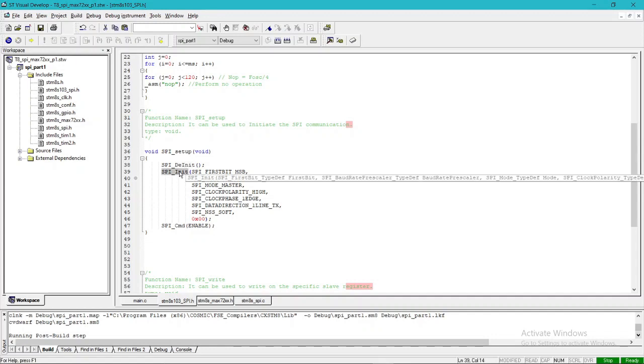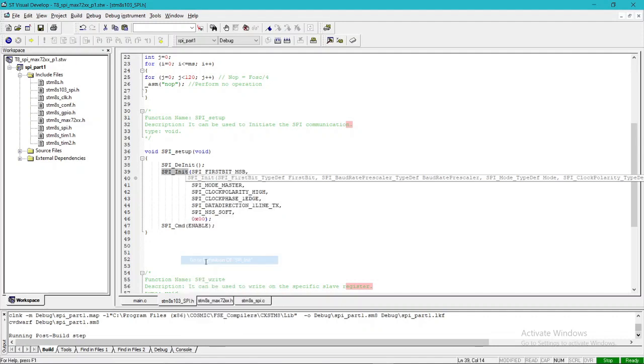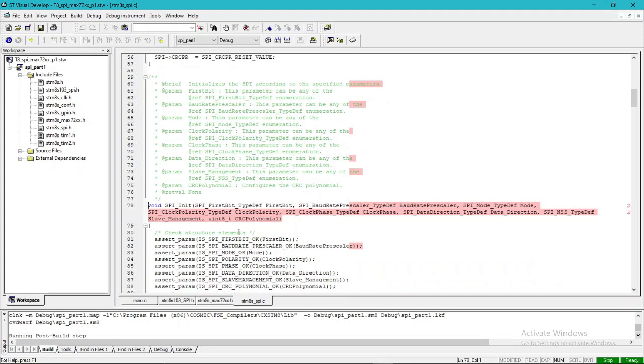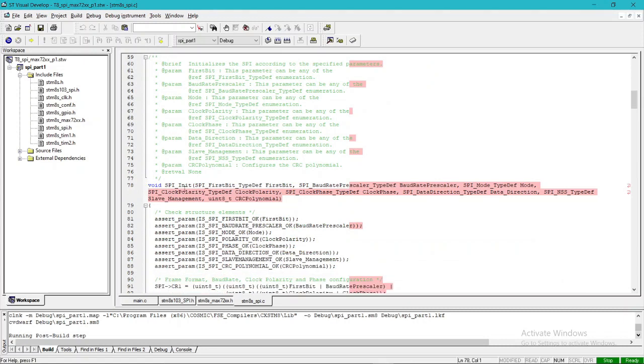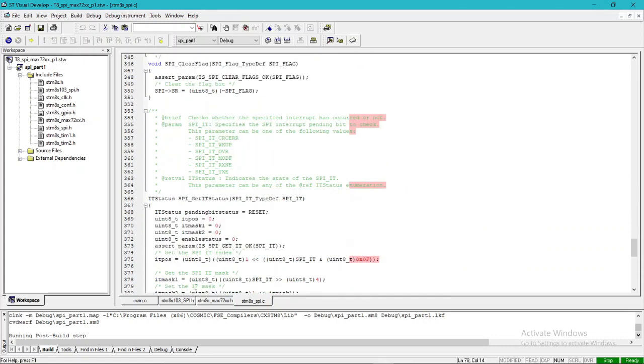If you right click on the SPI init and go to the definition of SPI init, it will open the particular location where it is initialized, and you can read out these comments. They have made such a good comments section, and you can just follow these comments to understand how it works or how it can be implemented.